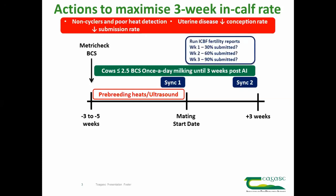You need to be maintaining excellent AI records and uploading them to the ICBF. In most cases, this will be done by electronic handheld, but otherwise you should do them manually. And you should be monitoring your submission rates weekly. If you're not on target for 30% submitted by the first week, 60% by the second week, and by the third week, for the animals not being submitted, get them into action so that they will be submitted as